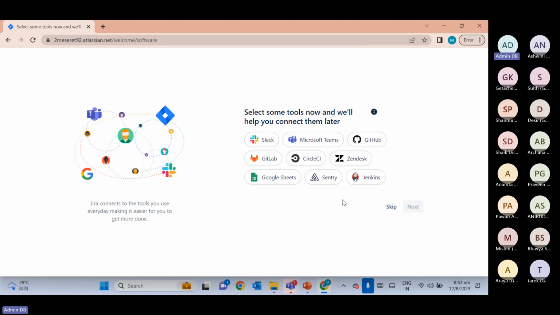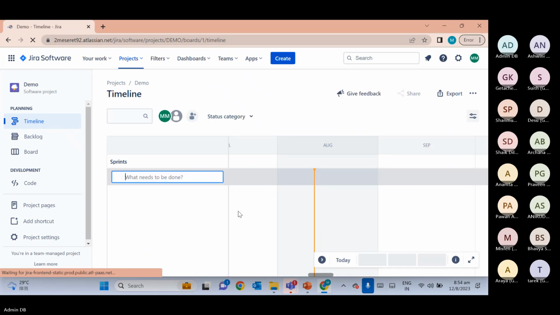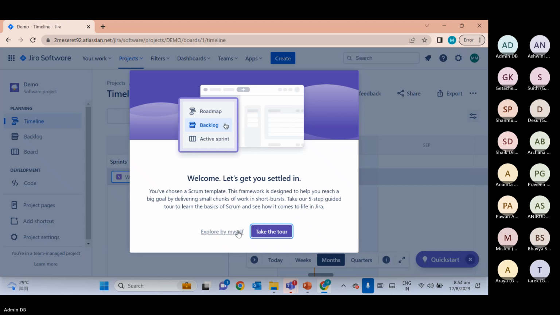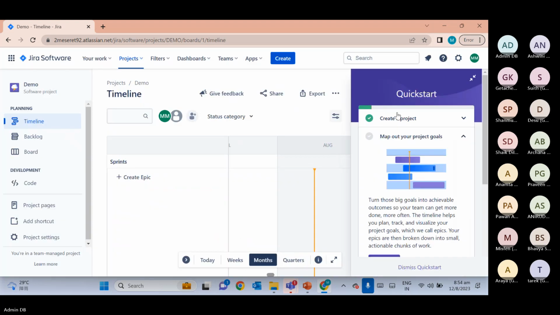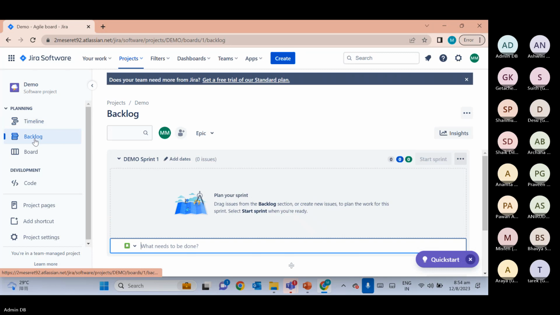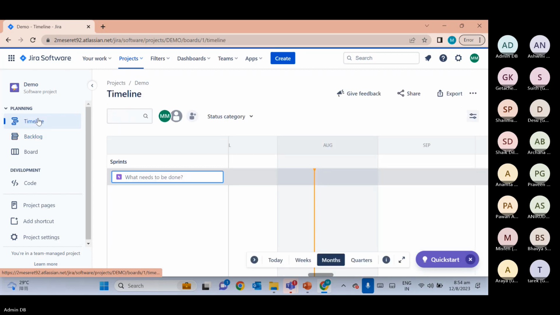An additional thing, we are going to use Jenkins, GitHub. Next. So